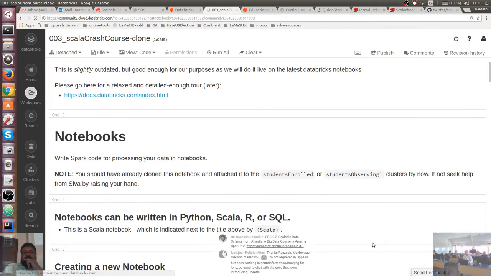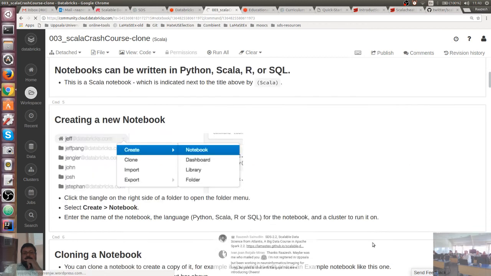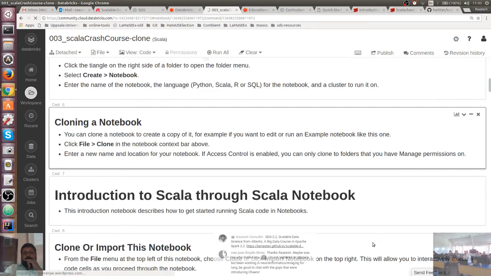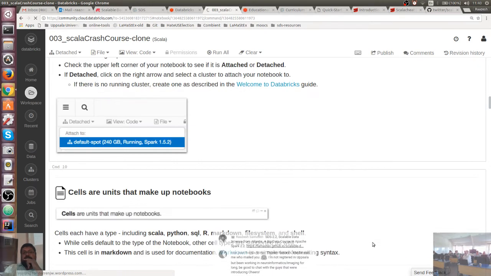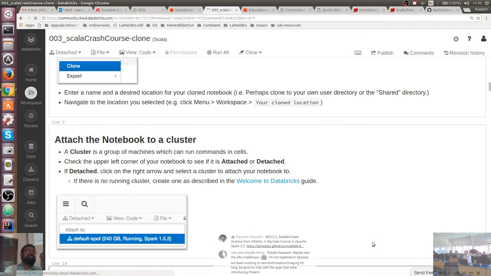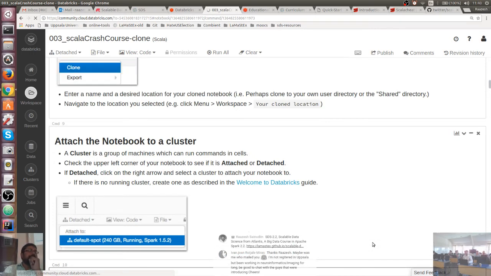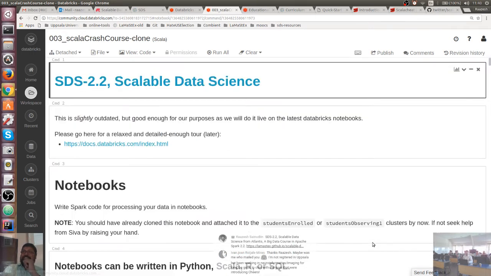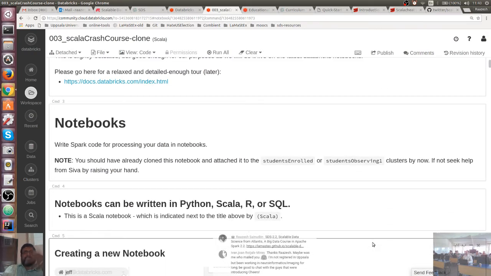What are the other important operations I want to be able to do? Clone a notebook. Introduction to Scala. Okay, so it'll be nice if we get through this today, then we can start doing resilient distributed data sets tomorrow, which is important to finish your assignment, which I'll hand out on Friday. So the assignments will be due,